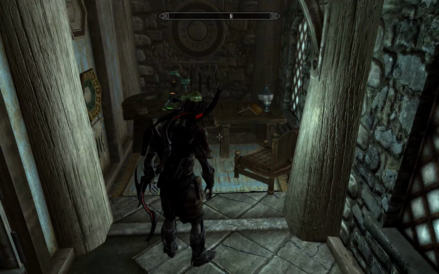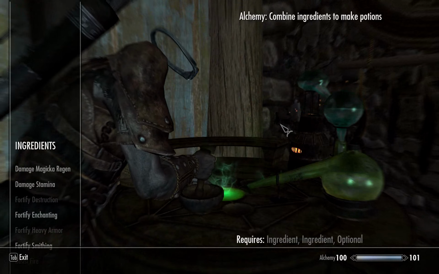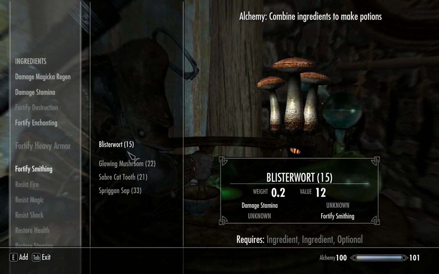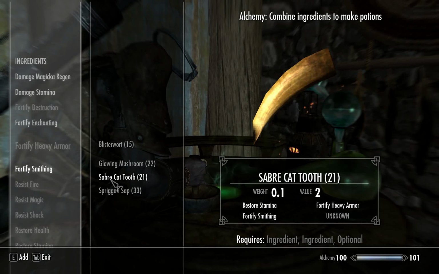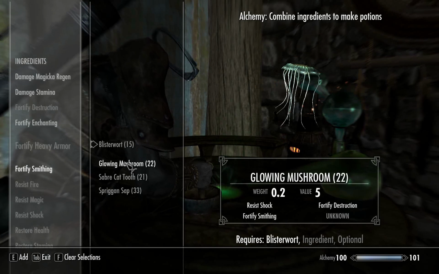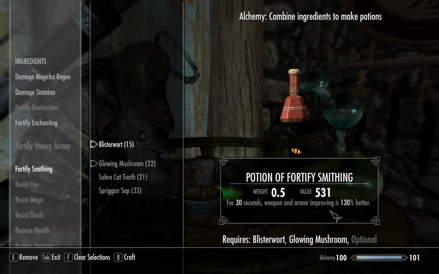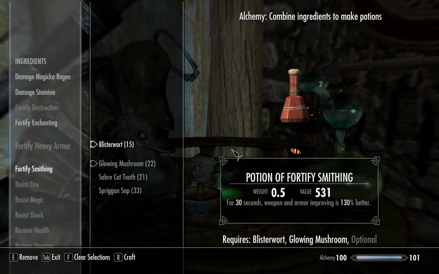So once you've got this, you'll want to then make a few Fortify smithing potions. For these potions, you need these 4 ingredients, or any 2 of these 4: blisterworts, glowing mushrooms, saber cat teeth, and spriggan saps. So I'll just make a few of these now. Select 2 of them, and you can see your weapon and armor improving will be 130% better for 30 seconds. So that's pretty amazing. So we'll make say 4 of these,